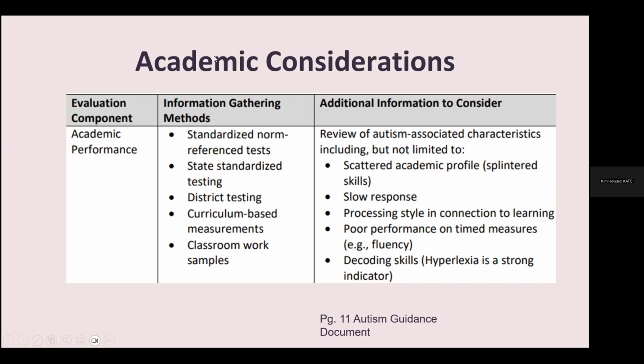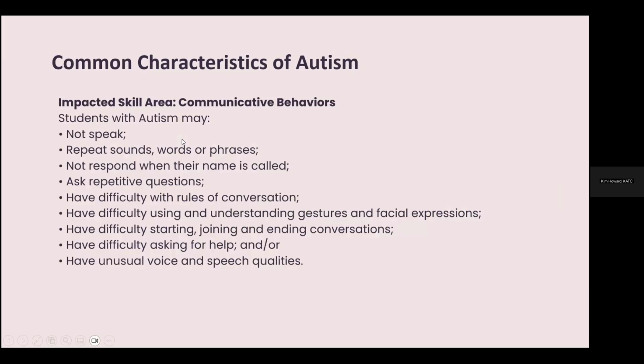Hyperlexia is actually learning to read very young generally, but it absolutely can be a consideration in autism. I've run into autistic students that are 3 years old that read on an eighth grade level. No one has taught them to read. They have self-taught very young, and they read everything. So knowing those things will be important for us to consider.